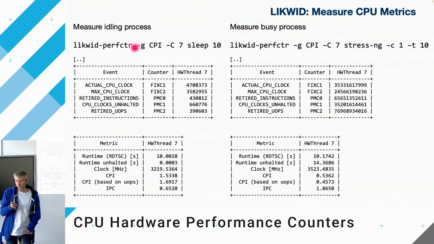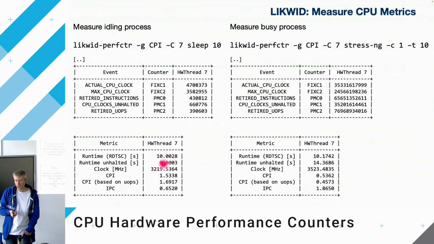And we can run likwid-perfctr with the CPI group, therefore cycles per instruction. -C 7 means it should be pinned to this core. It will only be executed on this core, and the performance counter values come from this core. And we are doing a sleep, and then we see how many clock cycles were executed, and the retired instructions, and it also always measures the time. Therefore, here in the end, we see